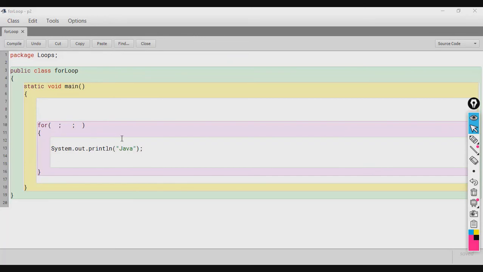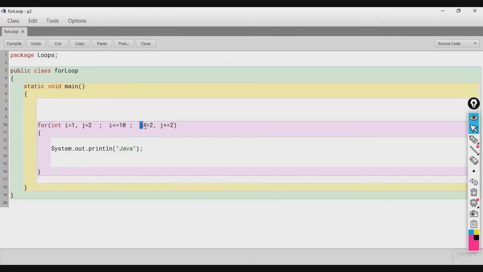So, students, we can also do multiple initialization and multiple update in the for loop like this. Let us say I declare a variable int I is equal to 1, okay, and j is equal to 1, or let us say j is equal to 2, and the condition we can say that I is less than equal to 10, okay, and the update part will consist of I plus equals 2 and j plus equals 2.